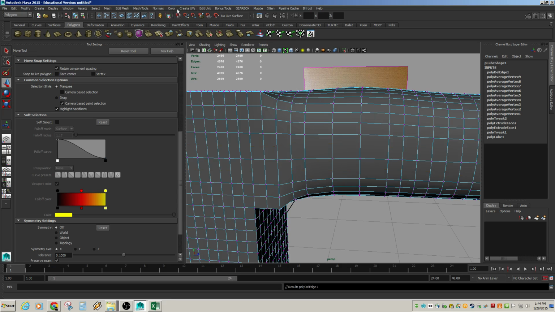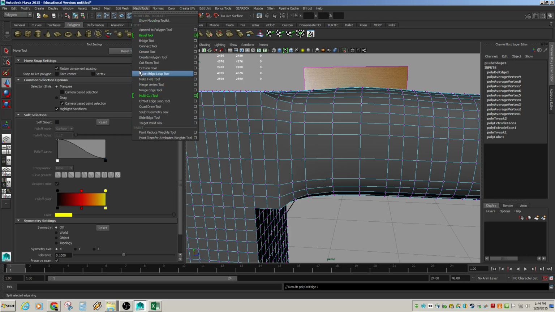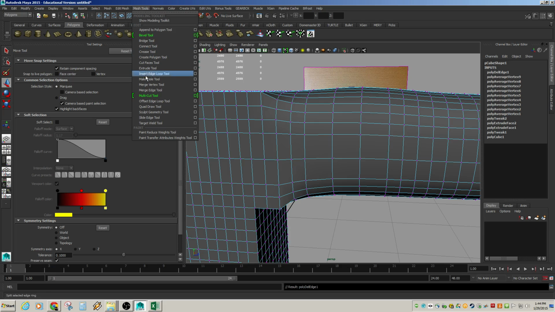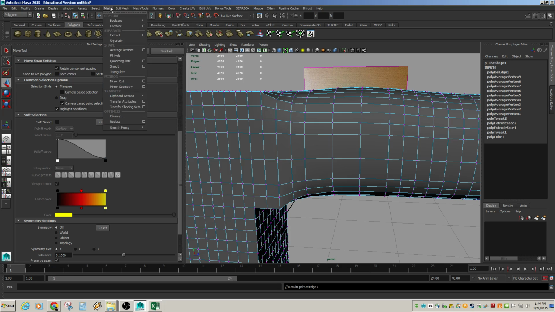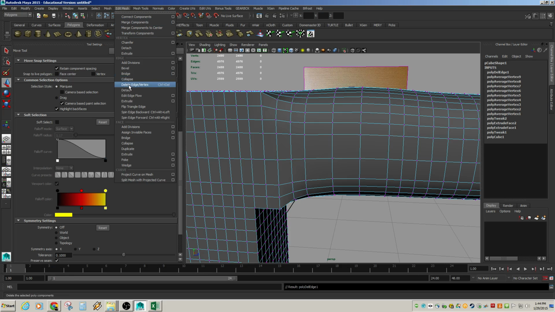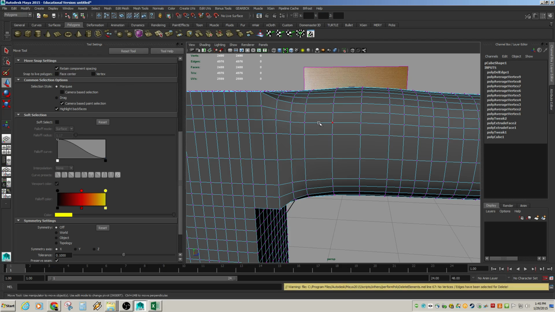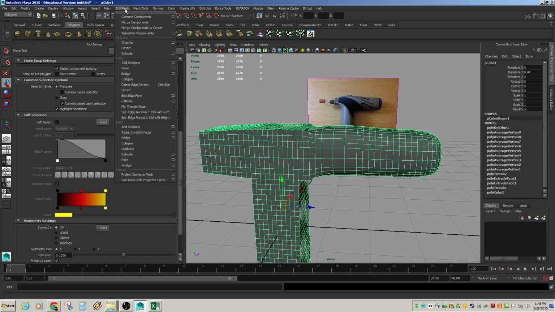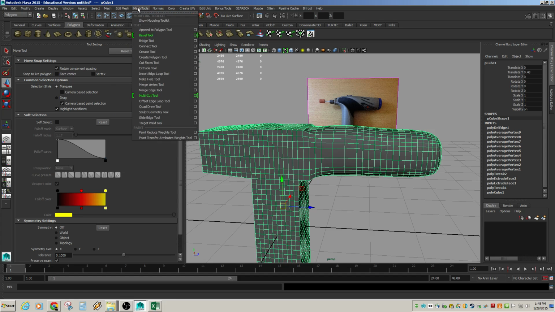And if you need to remember that, Control Delete is the shortcut key, but there's also this, is it Edit Mesh? I always lose this. Mesh. Here it is. Delete Edge and Vertex. So it's under Edit Mesh. Okay, and so that's going to delete the edge and the vertices associated with that edge. So that's a nice way to manually clean it up, or if you just have it completely too dense and you want to reduce the areas that don't need that amount of density, we can also just go to Edit Mesh, Mesh Tools,